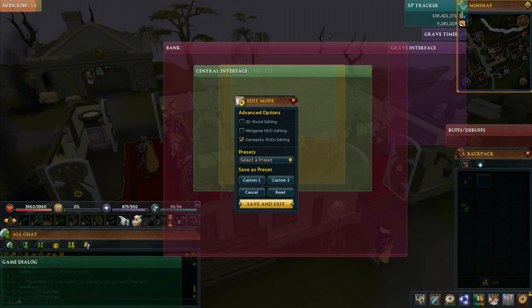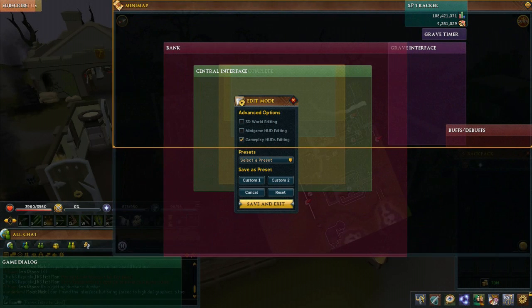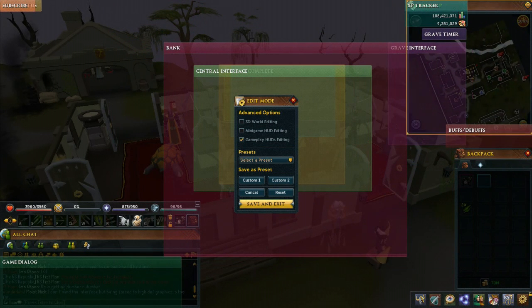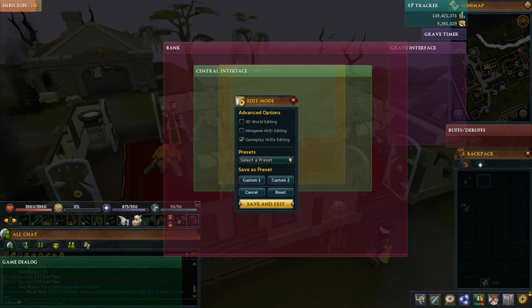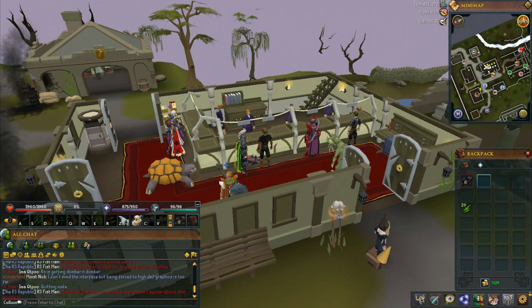Say I wanted to make my mini-map big, which I do, like that. You can make it as big as you want. You can make it take up your whole screen. It's going to look bad because only one square of the game is loaded. But I found that doing it right about like this, right about here, fits good for me, and then I'd move my grave interface and everything over. So that's just how I do it. I find it to look the nicest. So now that you're done with that, go ahead, save and exit, and then just to make sure, go to,